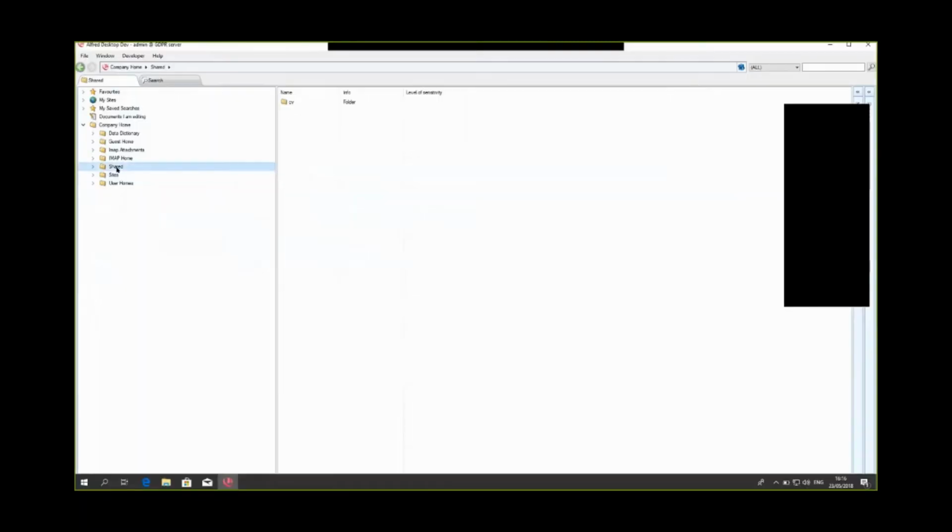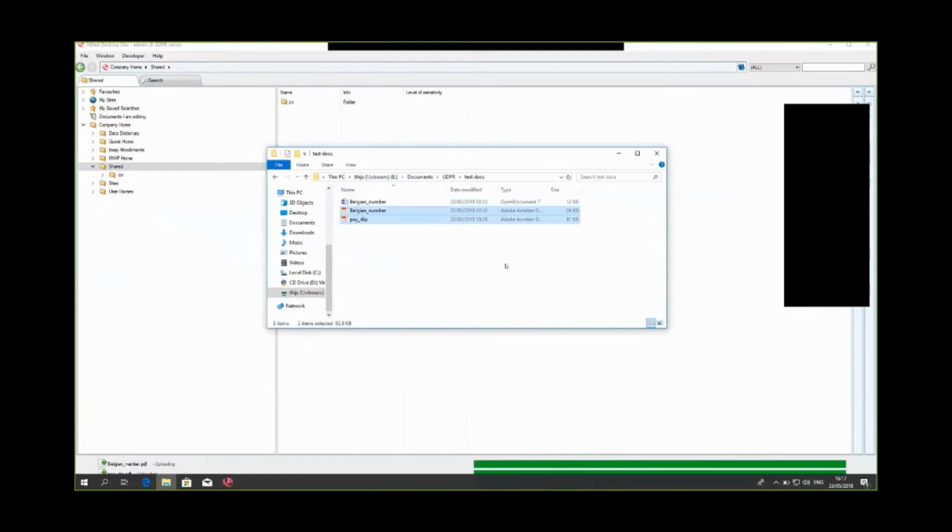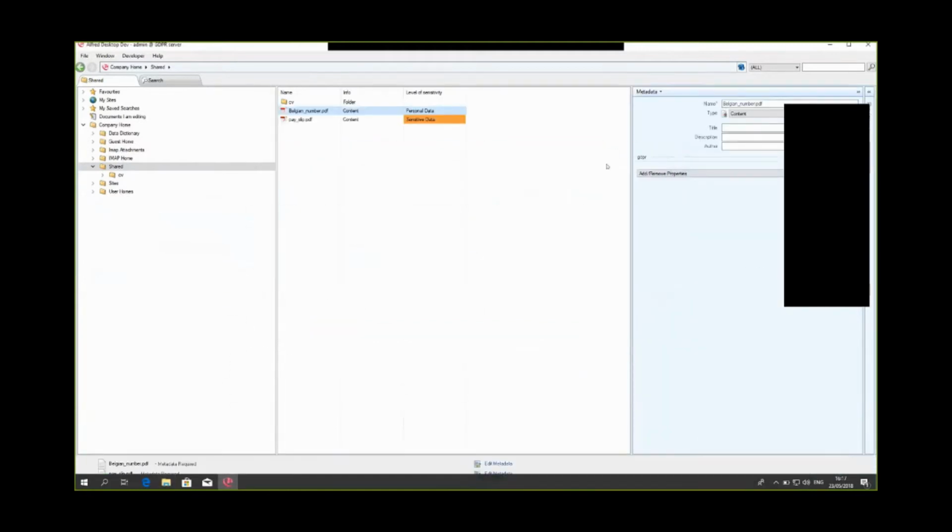I open a folder in Alfresco. You can see it's opened on the right side, where we already have one folder below. You can also see this on the left side. What I will do now is show you how to add 2 new documents. 2 new documents are added, and automatically